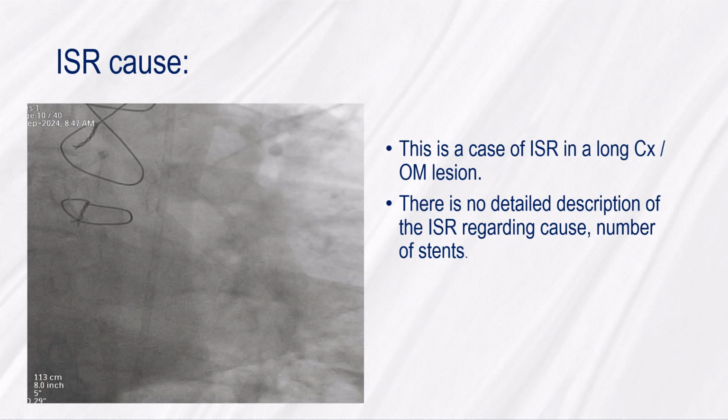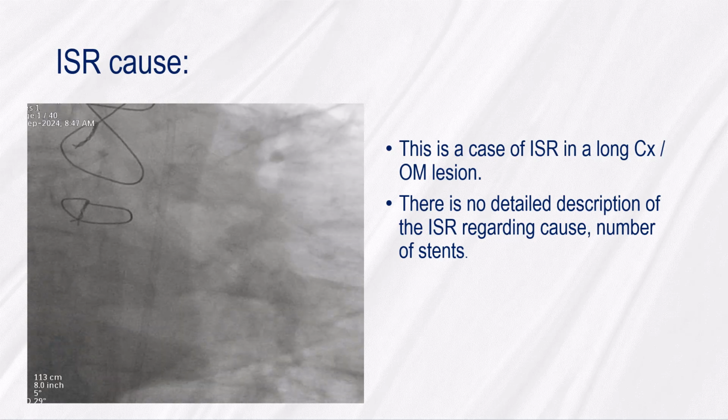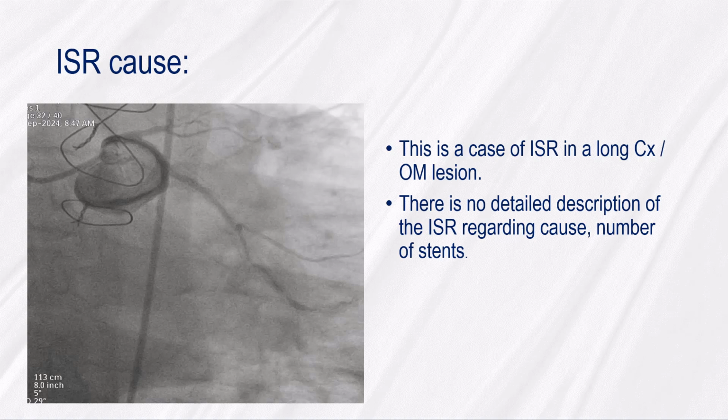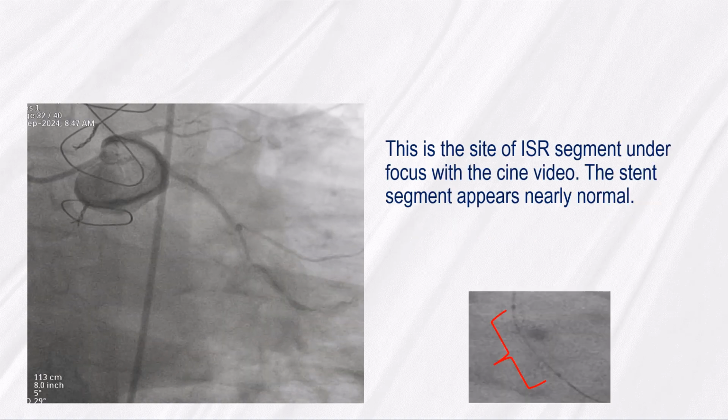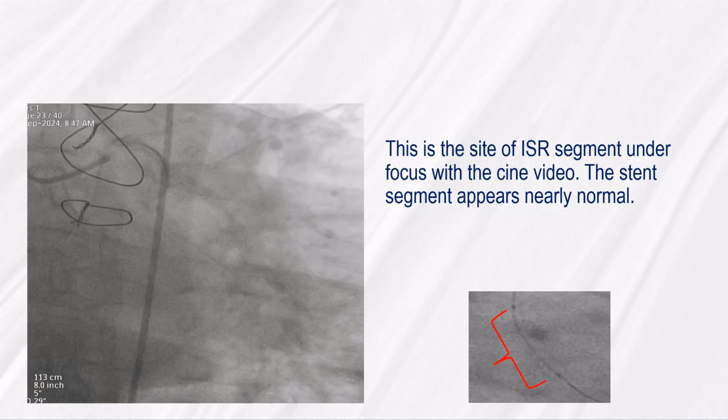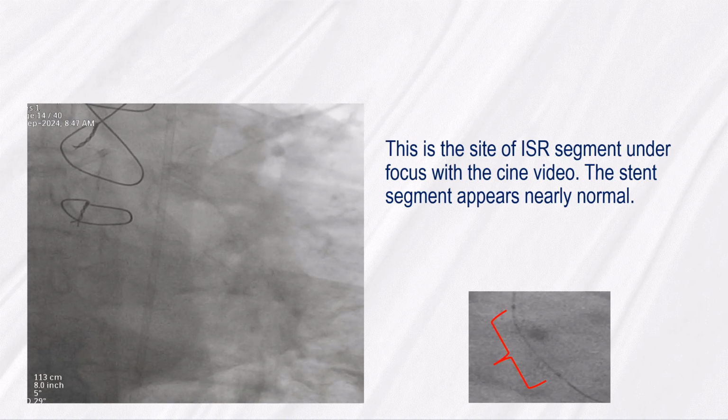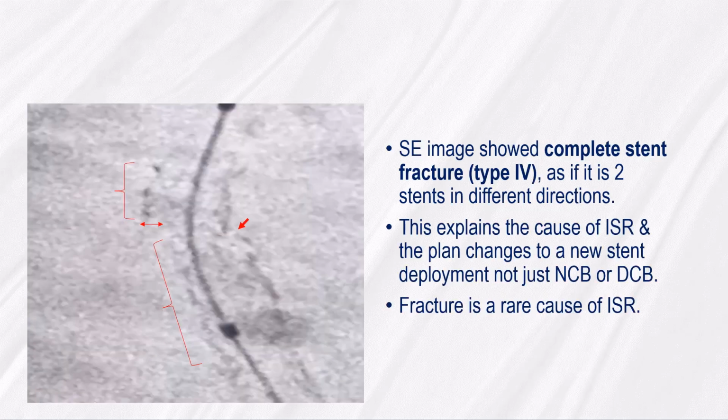In this case, there is no description of the cause of in-stent restenosis in CXOM. This is the site of the in-stent restenosis segment under focus with cine video. The stent segment appears nearly normal. Yet, with the stent enhancement image, it showed a complete stent fracture type 4, as if it is two stents in